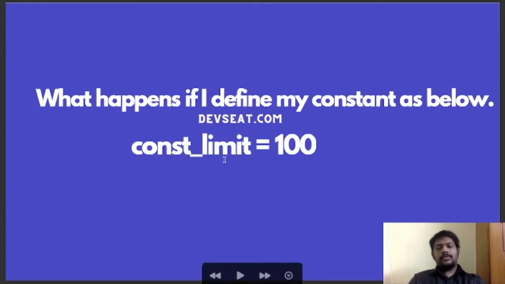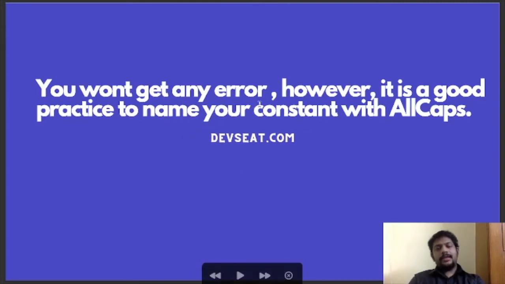Even if you name it in small letters, you are not going to get any error, because it is just an instruction provided by PEP8 for better readable code only. Your compiler will not throw any error, but it is a good practice if you name your constants with all caps.